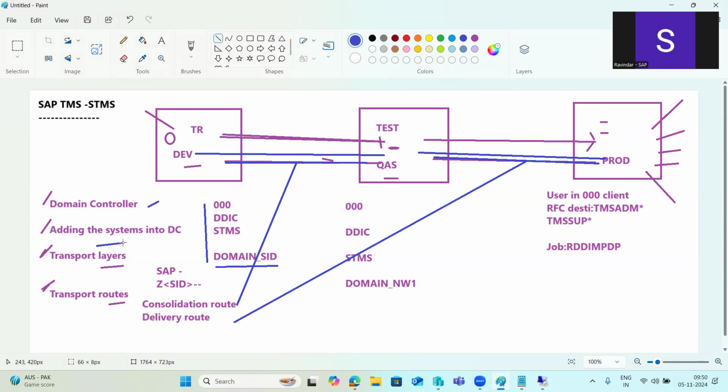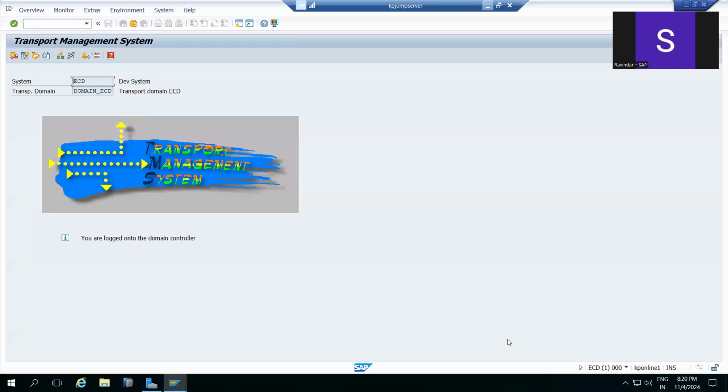Then, to add the other systems into the domain controller, log into the other system with 000 and DDIC, then provide the domain controller SID. First the DC configuration, then add the systems. Then routes and layers will automatically come after the configuration.